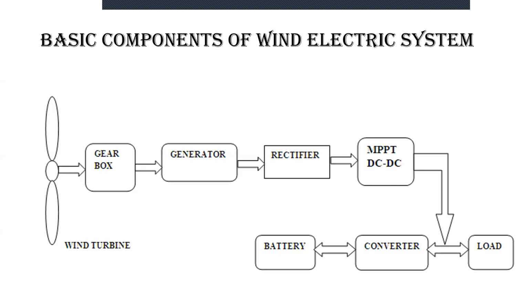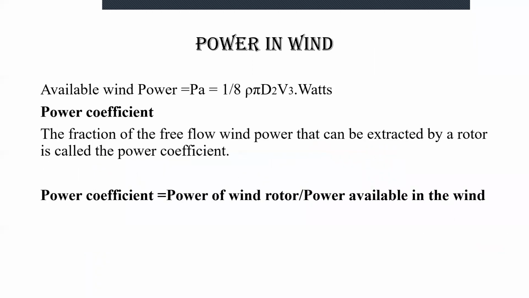Now we know that wind power is being generated, and obviously we will have power from the wind. The power in the wind is computed based on kinetics. The windmill works on the principle of converting the kinetic energy to mechanical energy and then to electrical energy. Generally you have a kinetic energy in terms of half mv squared. So the available wind power will be 1 by 8 rho pi d squared v cubed,